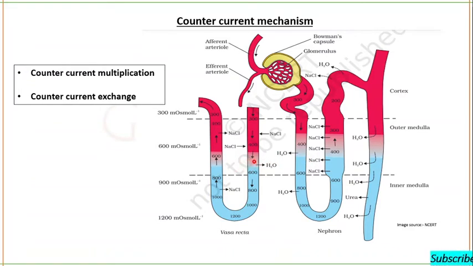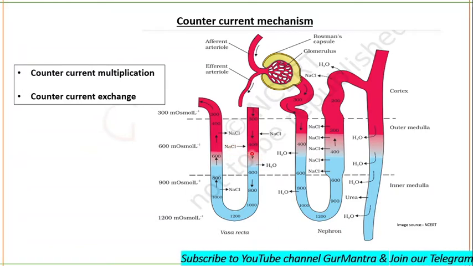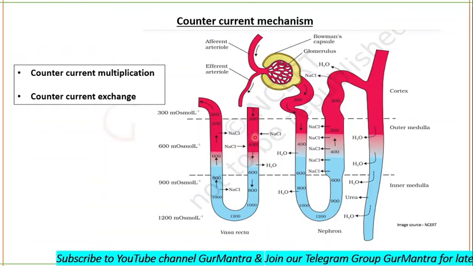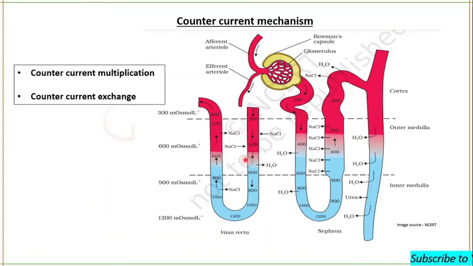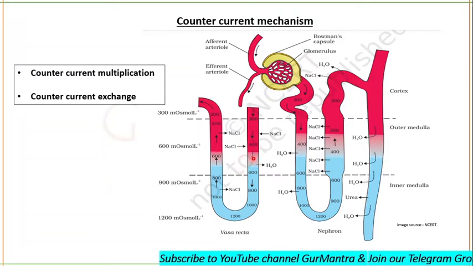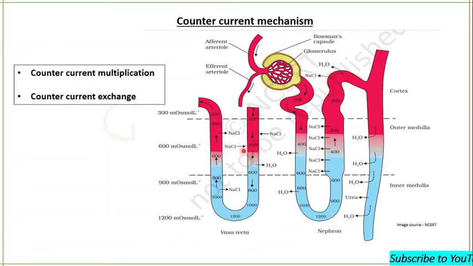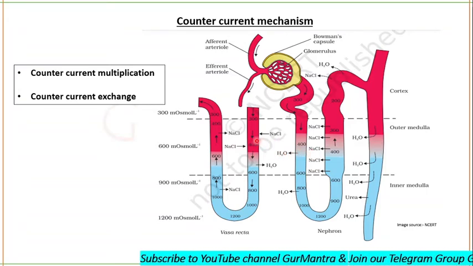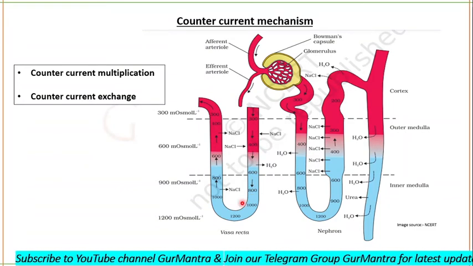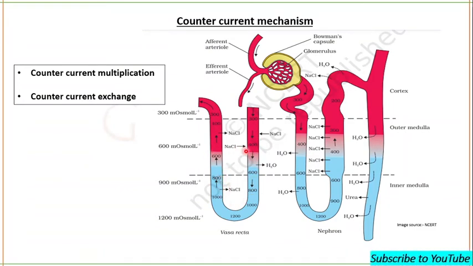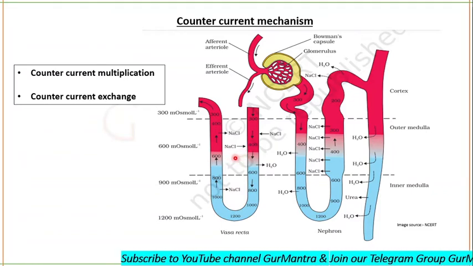This is the countercurrent exchange process by which solutes and water are passively exchanged between the blood of the vasa recta and the interstitial fluid of the renal medulla as a result of countercurrent flow. The vasa recta also consists of a descending limb and an ascending limb, parallel to each other as well as to the loop of Henle. And like the loop of Henle, the blood moves in opposite directions in both limbs of the vasa recta.